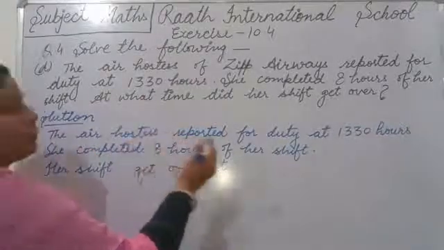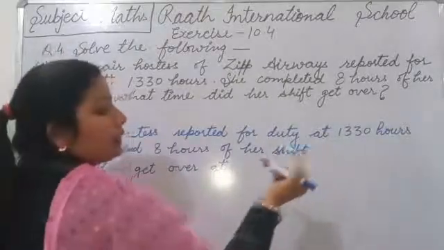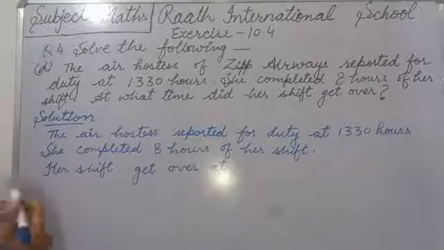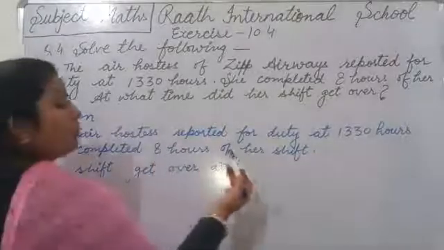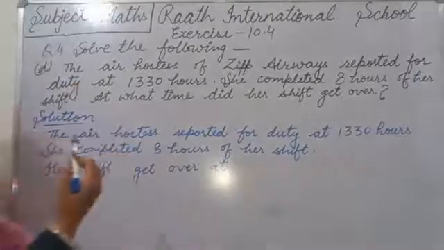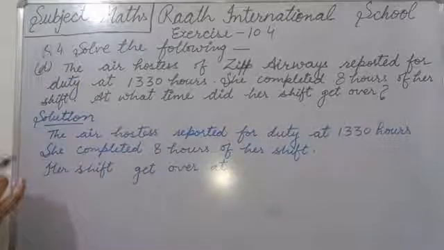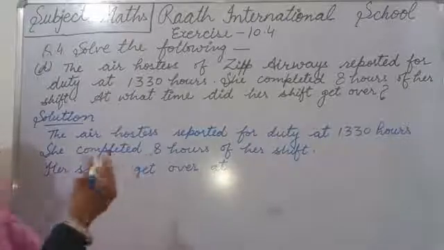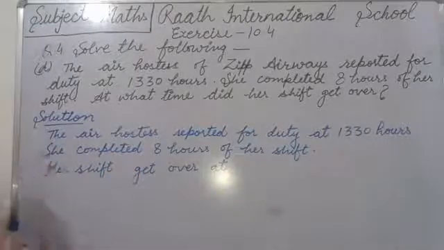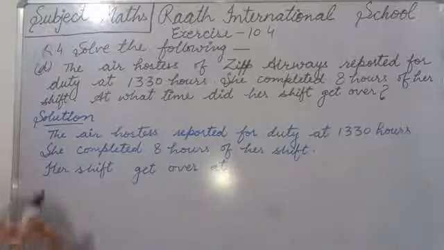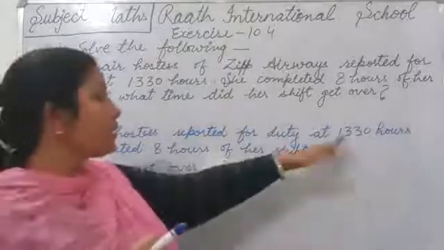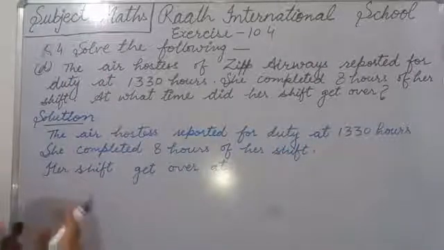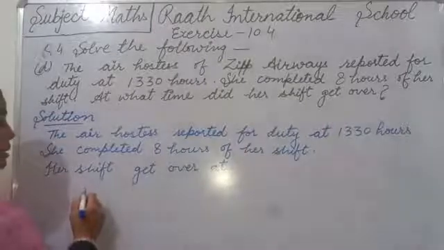The air hostess reported for duty at 13:30 hours. She completed 8 hours of her shift. उसने अपनी शिफ्ट के 8 hours कंप्लीट कर दिए. ओके. Then her shift get over at किस टाइम पे? अब आपको बताना है एग्जैक्ट टाइम कि किस टाइम पे ओवर हुई. तो अभी रिपोर्टिंग टाइम ये है. उसके बाद 8 hours तक वो ड्यूटी करती है तो उसके बाद ही जाएगी आफ्टर. So we'll do plus. So 13:30 hours